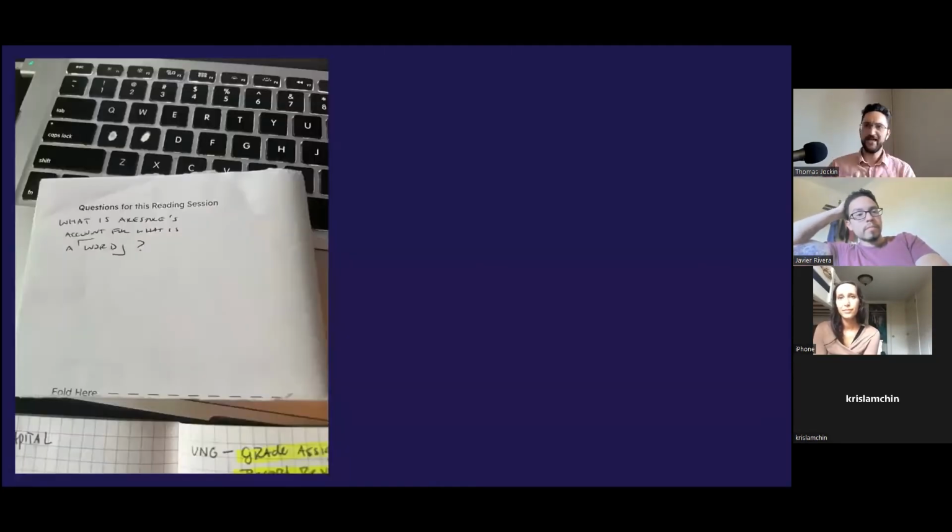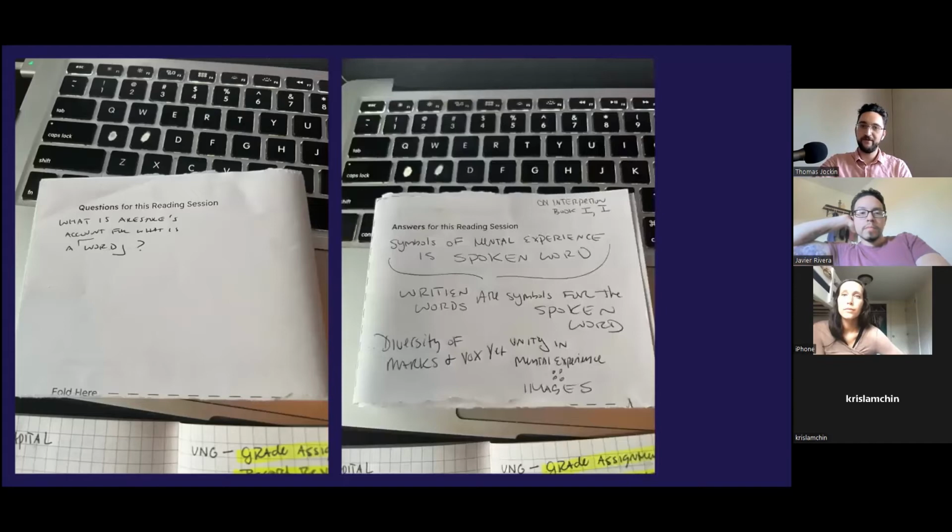So to draw this out, when I keep talking about this active role of reading, here's an example. I do an analog procedure, where I'll have a reading session with a question I need to answer. In this case, what's Aristotle's account of a word? And then on the other side of the piece of paper is the answer. So I find a source, in this case On Interpretation, Book 1, Part 1, and I summarize what Aristotle's answer was.